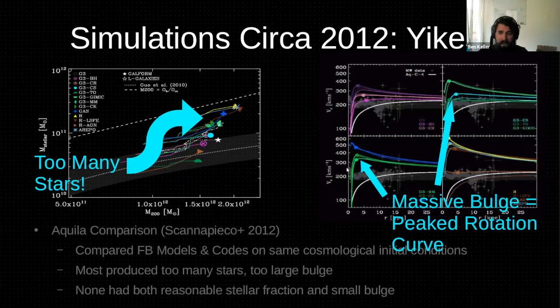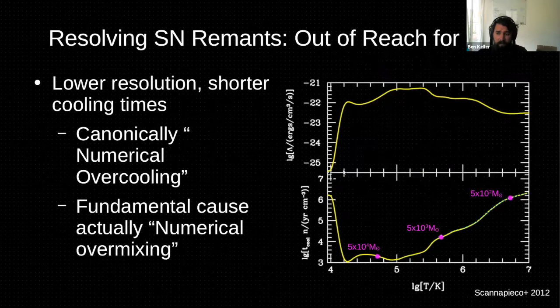The main thrust that most people started looking at was how we model feedback. The reason we have to model feedback at all, the reason we can't just let the hydrodynamic solver sort things out for us, is a matter of resolution. We can never, within our lifetimes, get to the point where we're resolving every single atom, but we really can't even get to the point where we're resolving individual stars or even individual small open clusters in cosmological simulations of Milky Way mass galaxies.